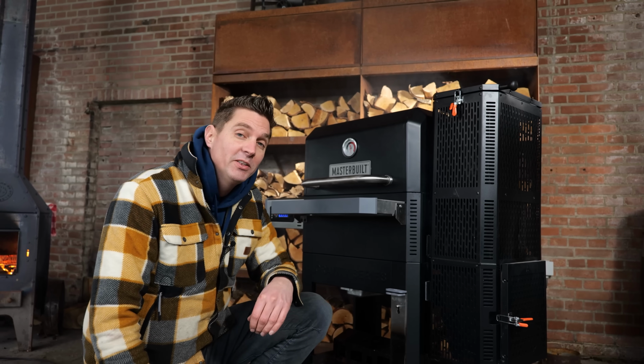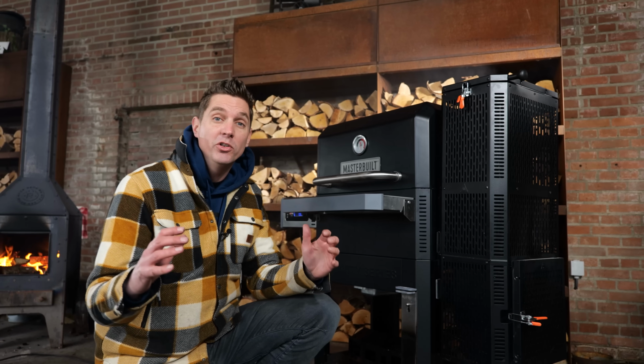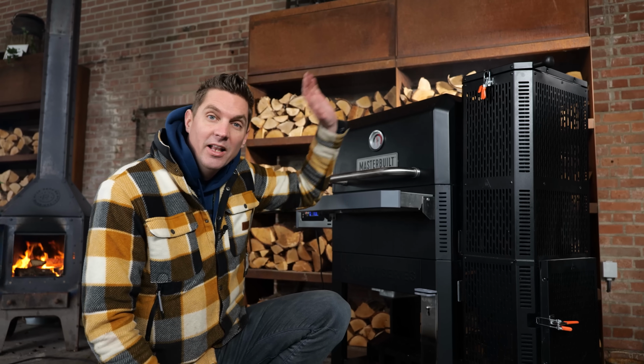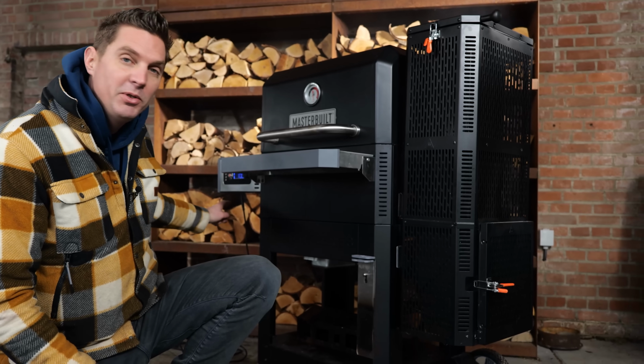This is a gravity-fed smoker made by Masterbuilt, and this thing is absolutely insane. It runs on charcoal, and it's kind of like a hybrid version of a pellet grill and a real smoker. I loaded up the chute with charcoal, then I lit it up, and I let the computer do the rest of the job